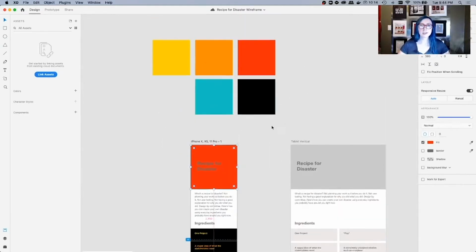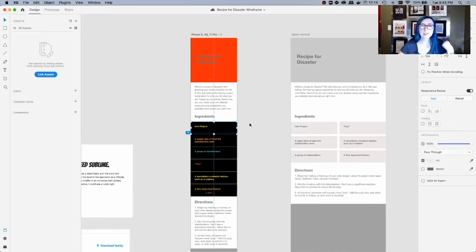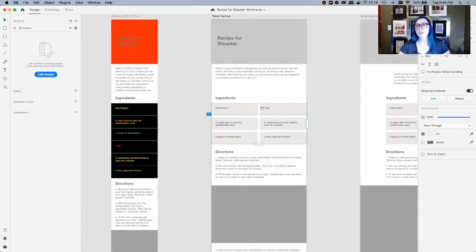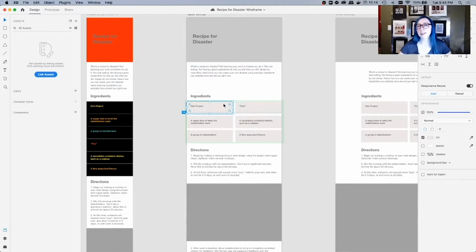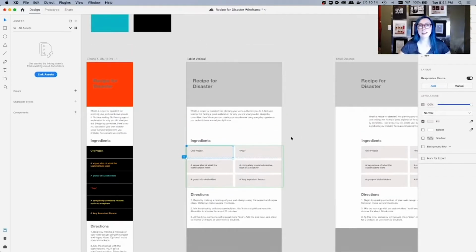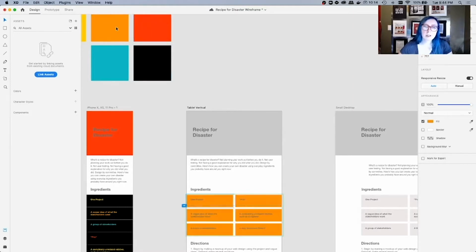So I chose this red color. Then, in going through my ingredients and thinking about the design for those, I'd initially started out with, and I'll do it over here so I can show you an example, this repeat grid. I tried to double click, just like I normally do, to edit things. I'm going to hit the eyedropper tool, I on your keyboard. That shortcut will give you this kind of picker, and you can click anywhere. I'm going to use the orange.